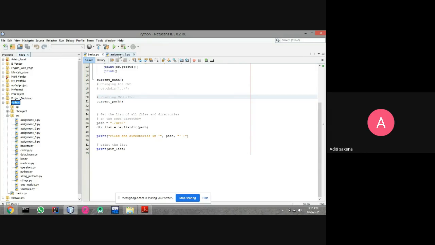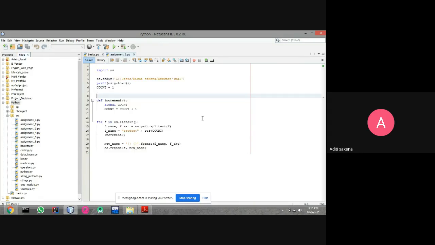Now this is assignment 6. If you guys do not understand it clearly, I will show you. First of all, I have imported the OS module. Now I want to change the directory. So print os.getcwd, meaning I am getting the current working directory. Now count. We have created one count variable and assigned it value 1, because we want to count the files in that directory, and we want to change. So here I have applied for f in os.listdir, and here I applied os.chdir.